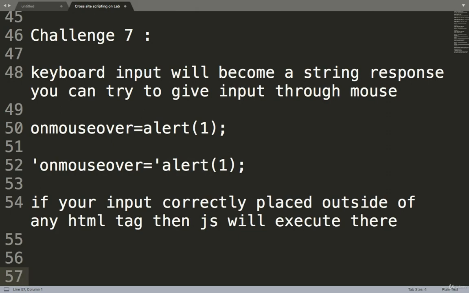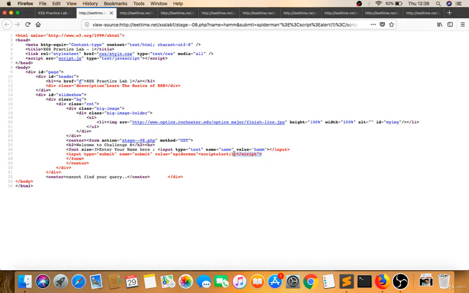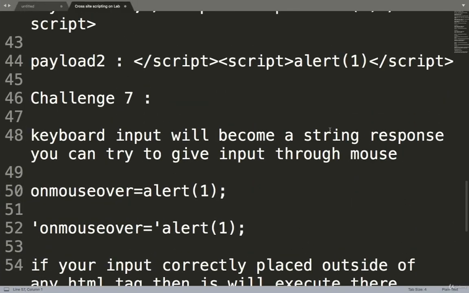So we have done a script but it's not executing. In that case, I told you earlier, whenever you find a string response, then you need to tag input, give input through mouse.